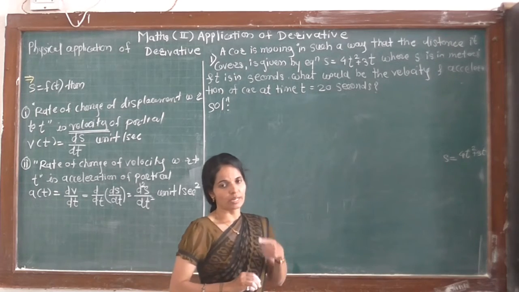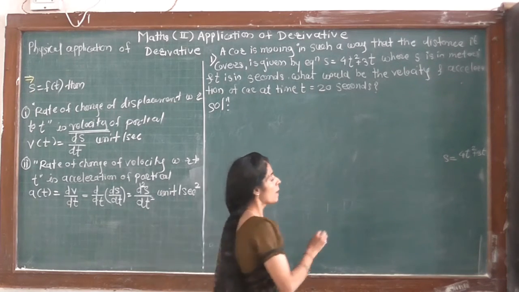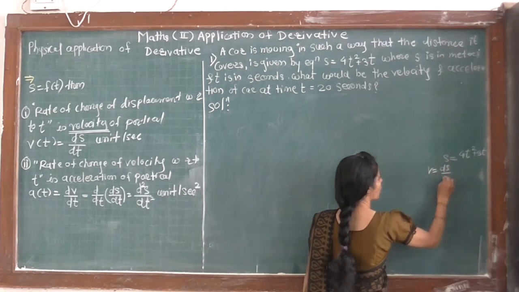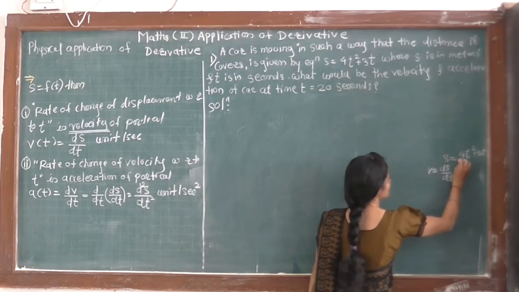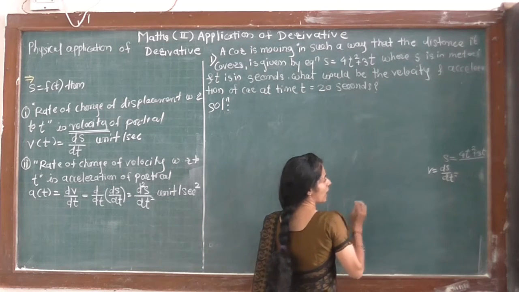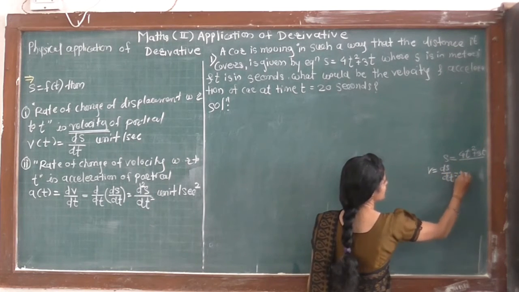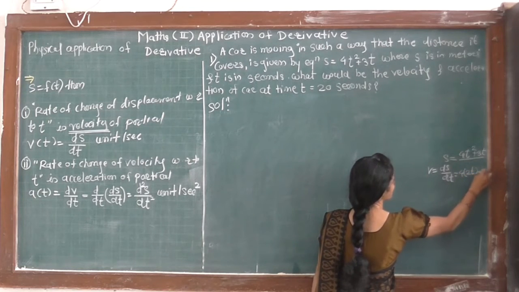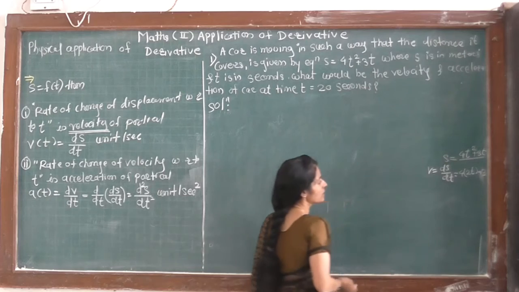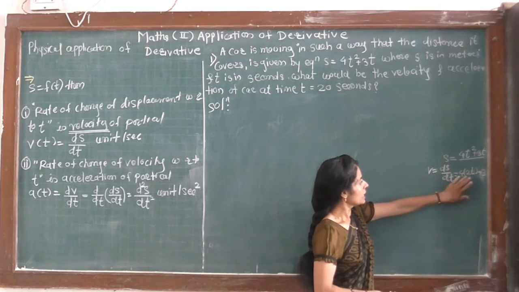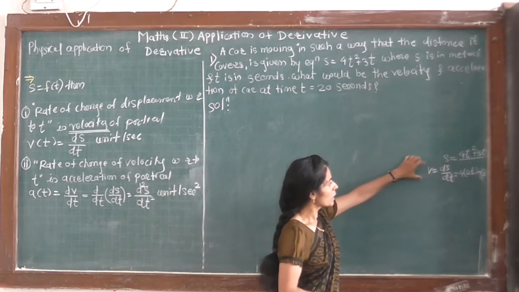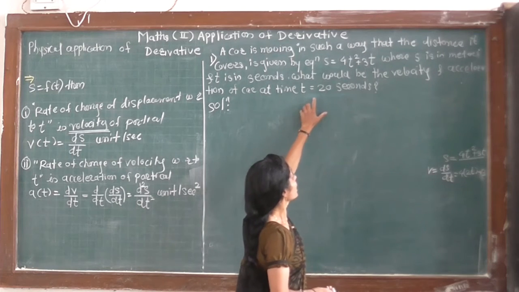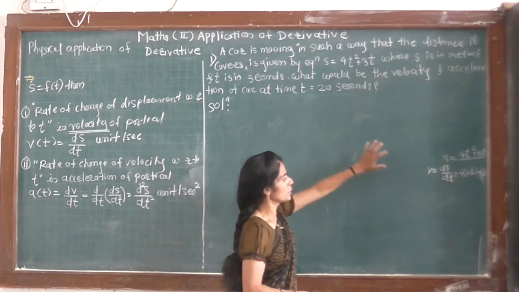From this you have to find the value of velocity and acceleration. But what is velocity? It is the first order derivative of displacement. So take its first order derivative. I think 4 remains as it is. Derivative of t square should be 2t and plus 3. And this is nothing but 8t plus 3. But in this velocity, we have to put the value of t is equal to 20.